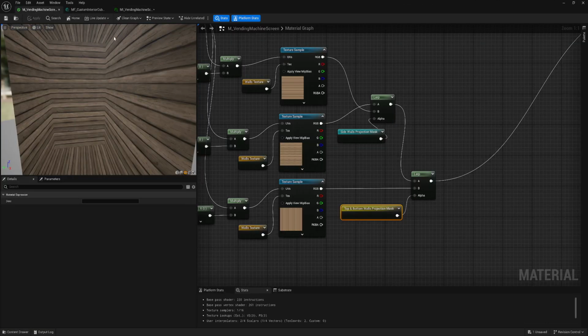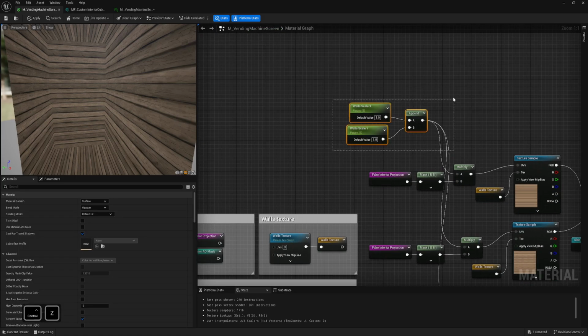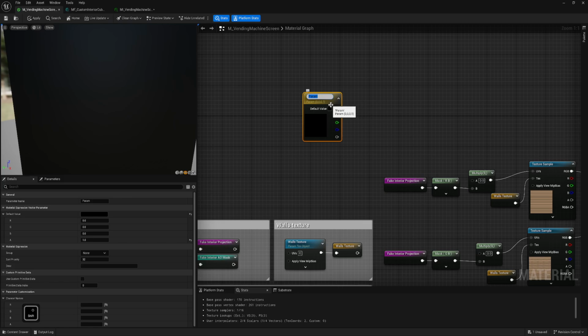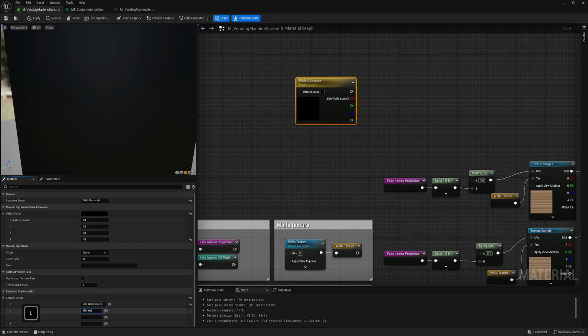So let's go back into our material. Instead of this, I will create a color and then convert to parameter. Let's name it walls UVs scale. So default will be 1, and then for the Y, it will be 2.